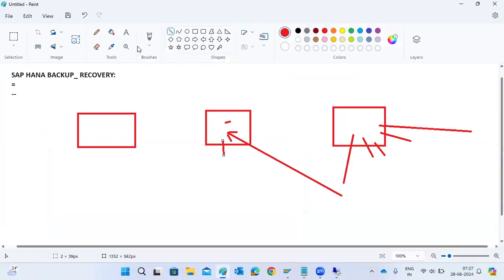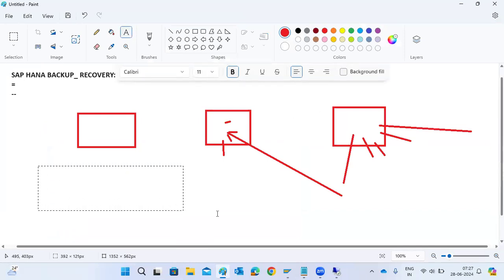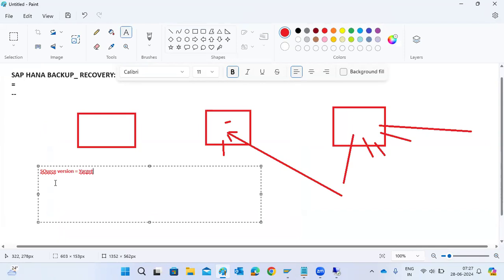While recovering, we have some SAP terms and conditions. This is the source, your backup, and you are restoring it on the target. The source version and target version should be the same. This is an important thing and a common interview question. The source version and target version should be the same, or